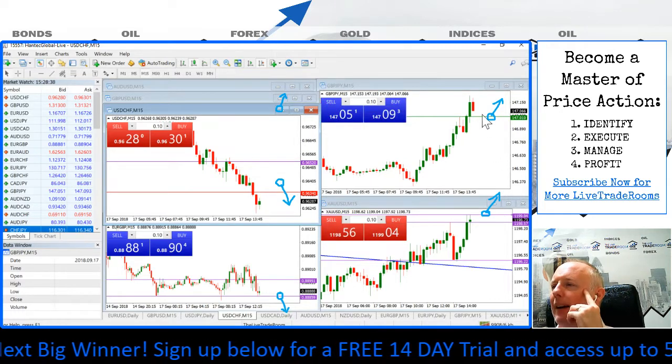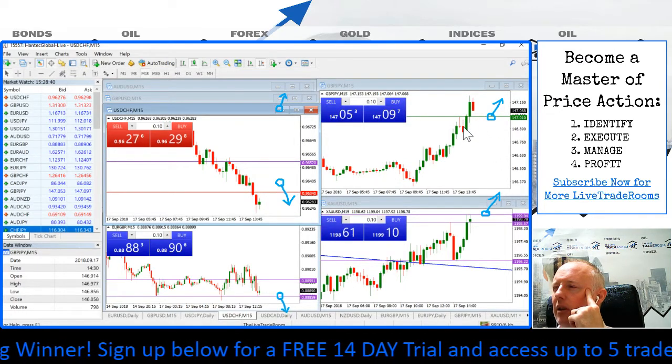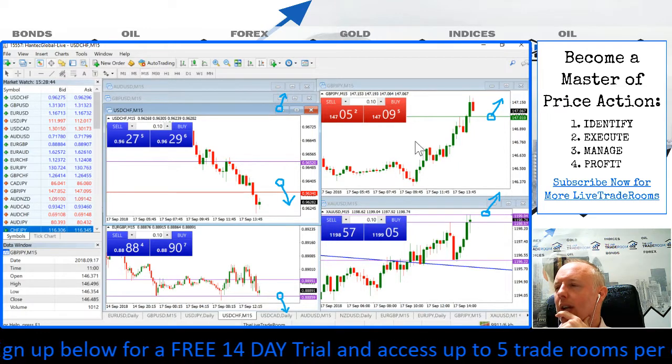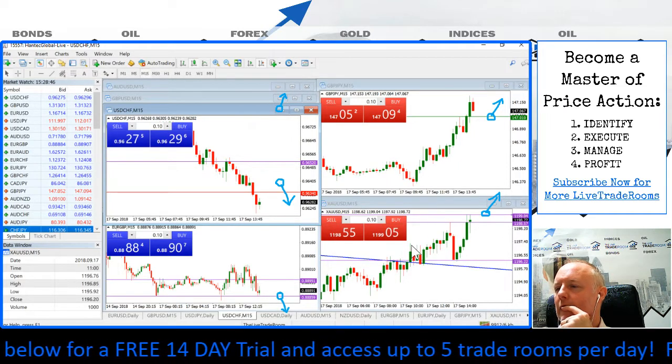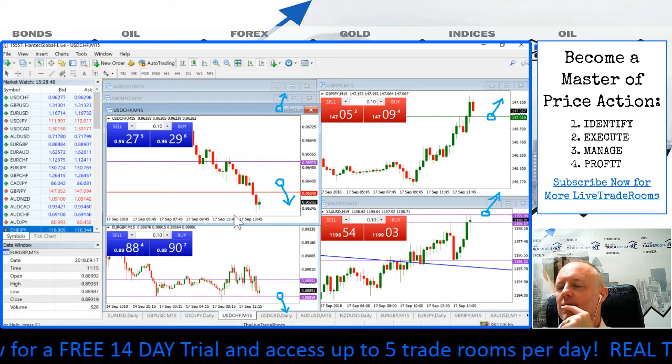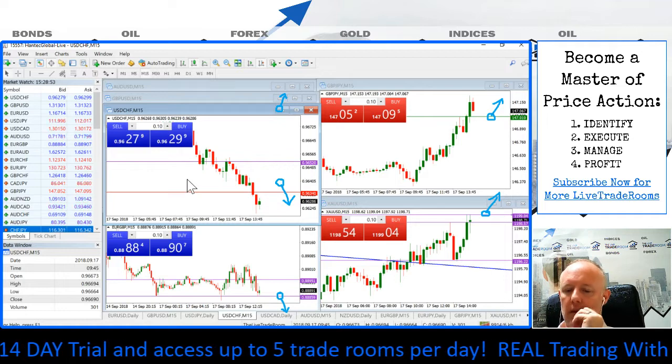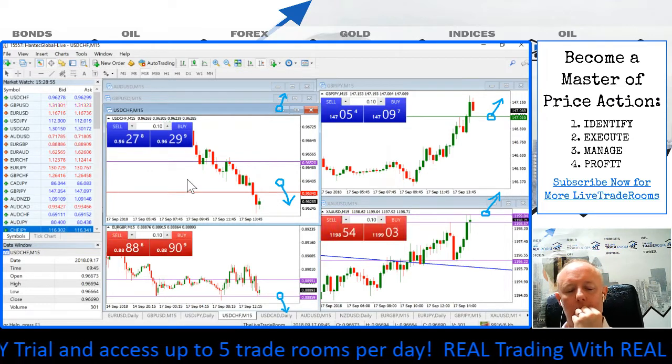Okay, so the pound yen is pulling back quite nicely to 147.01, hopefully pretty shortly. So the dollar Swiss,